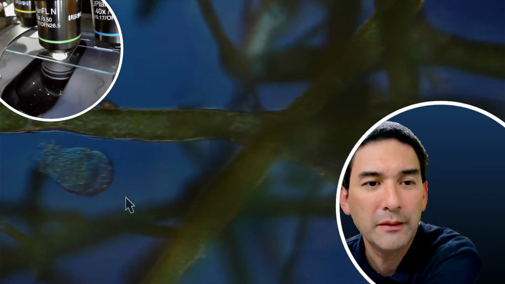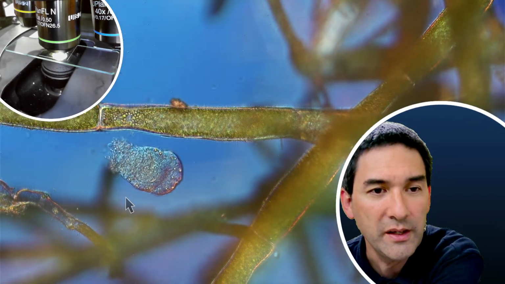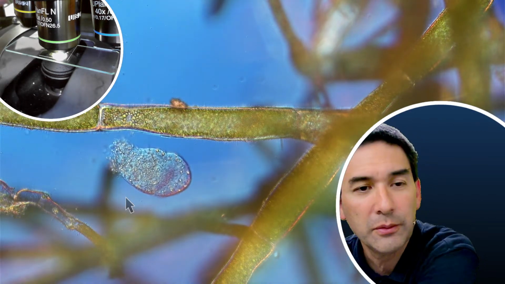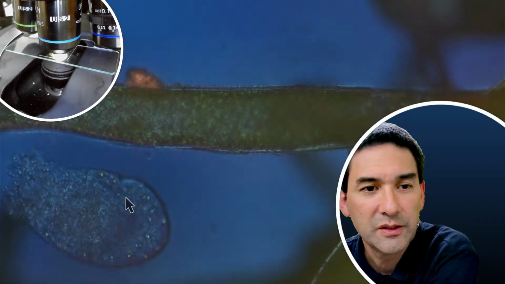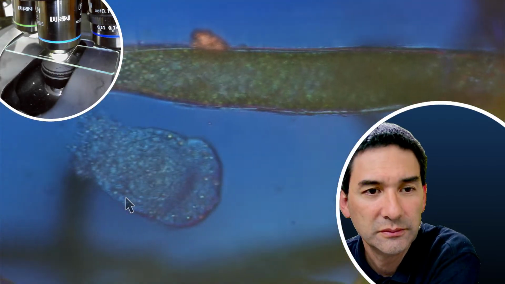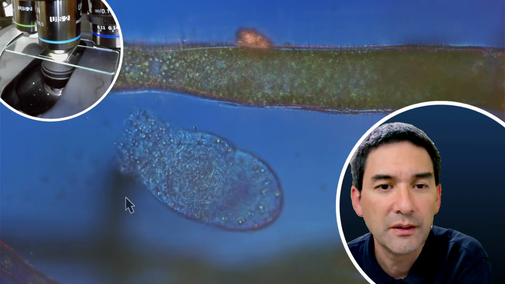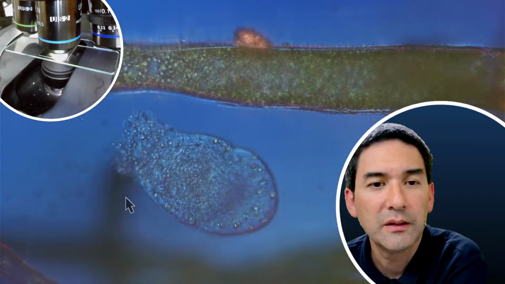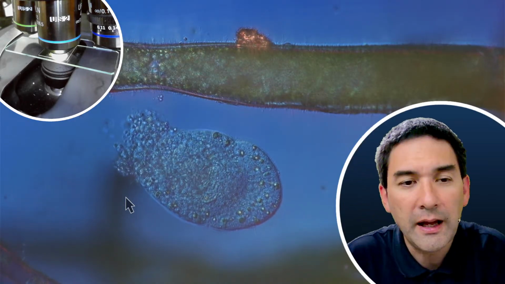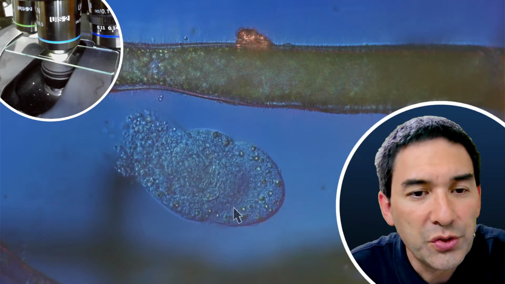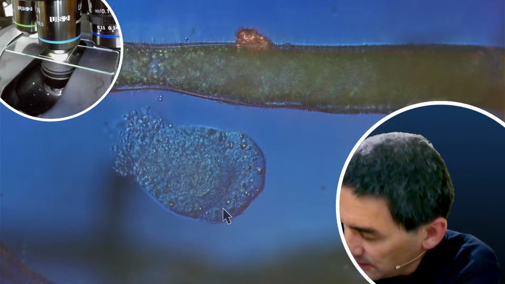Let's go up a little bit with the magnification here. Maybe that's also good because then it's not able to move away as quickly, and then maybe we're able to see a few things better. So here we go. It's now 40 times. Okay, here we go. And very typical of Aeolosoma, if you see those dots here, these are oil globules, usually they're colored red. Maybe if I take away the DIC prism,